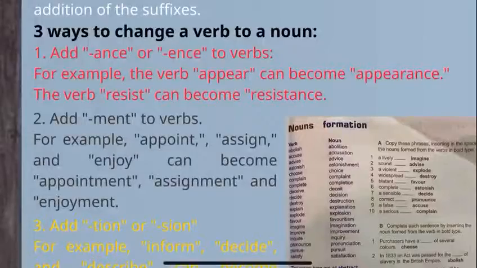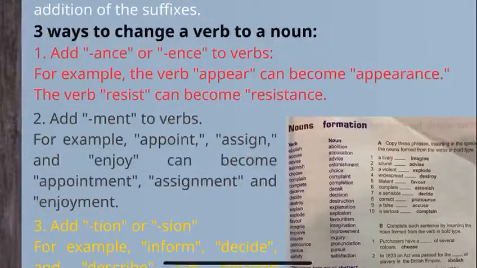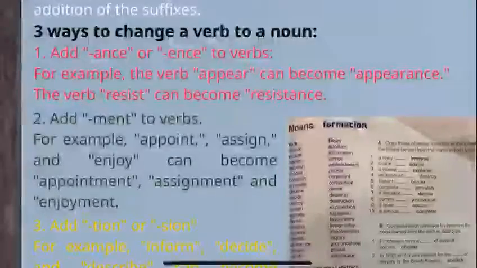So here appeared is a verb. He appeared on many talk shows. Here it's a verb, it's an action. So if you want to change the verb to a noun, you could say he made many talk show appearances while promoting his books. He made talk show appearances. So here appearances is now working as a noun in this sentence. So this is how we do it.